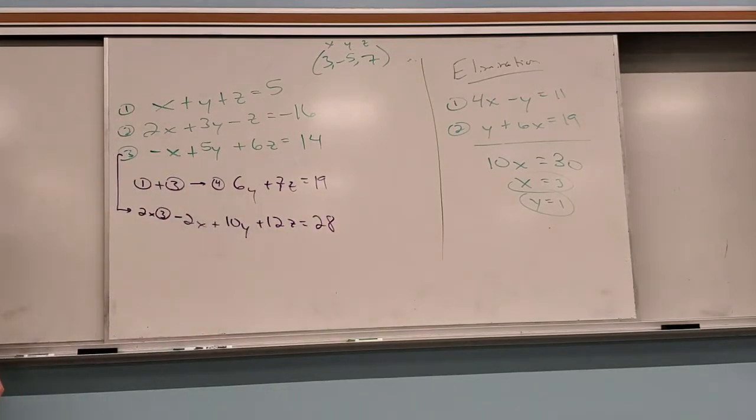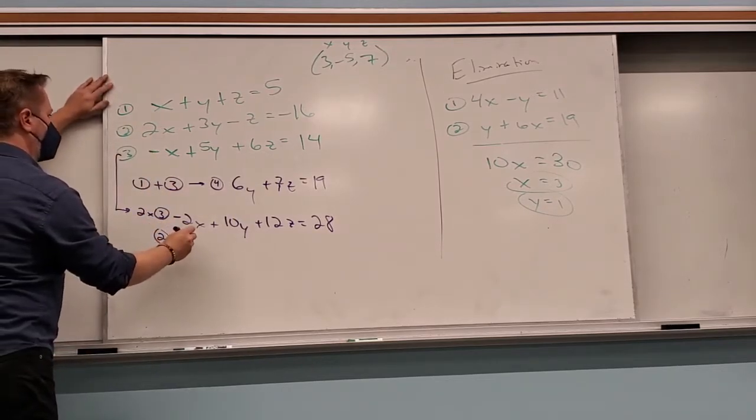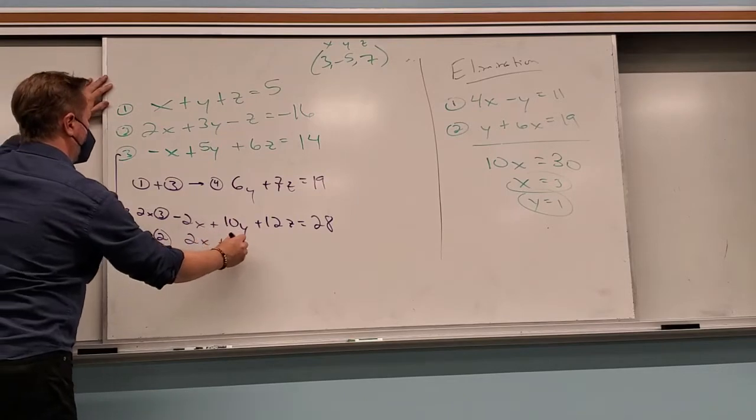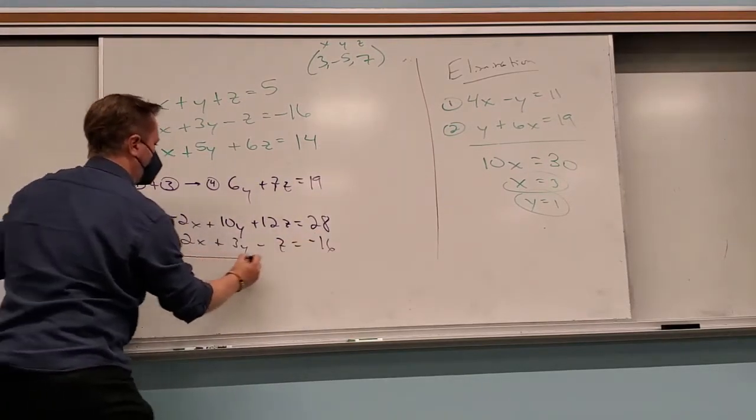And I want to add that to number 2, right? So let me just put number 2 down here. 2x plus 3y minus z equals -16. So if I add those together,